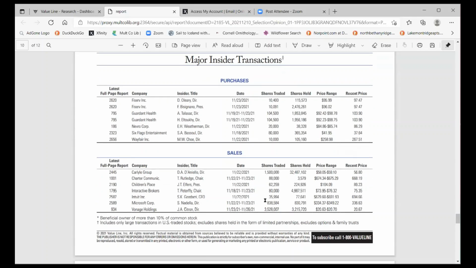These insider transactions are at least nominally interesting. The purchases are their own issue. I just go down the company name to see if I care about the company. And the same with the sales. Now, the thing with the sales, and this is my opinion, the thing with the sales is to look over at the shares traded and where are we? All right, here's the guy that sold, he's a